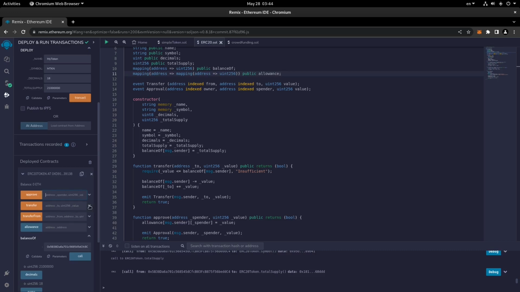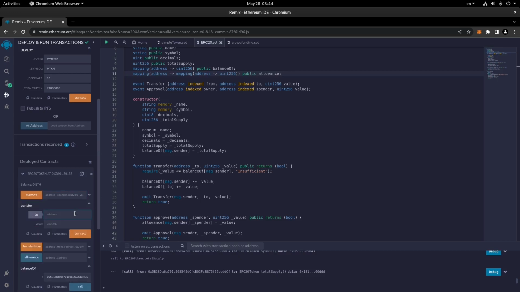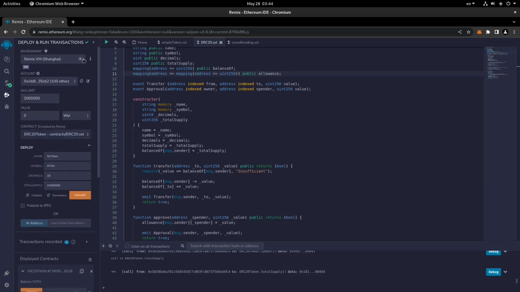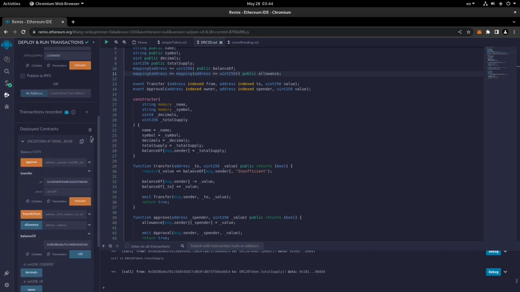So this is the address of account 2, and let me get back to the first address because for this transaction the message sender should be the person who holds the tokens, not the person who is going to receive the tokens. So we should be the person who does the transaction. How many are we going to send? I can say, for example, 2 million.